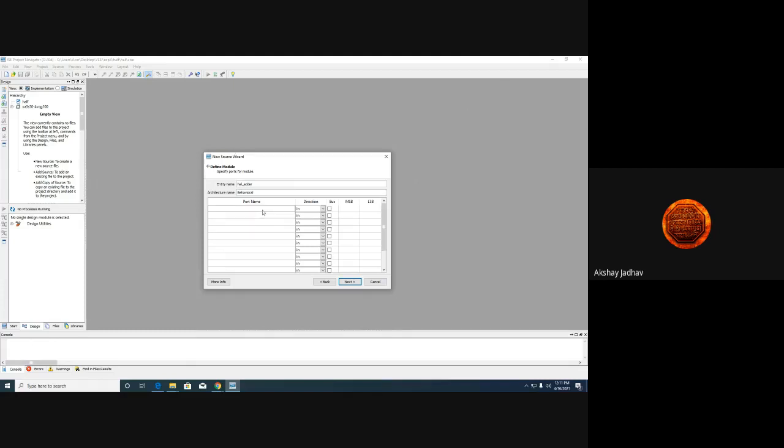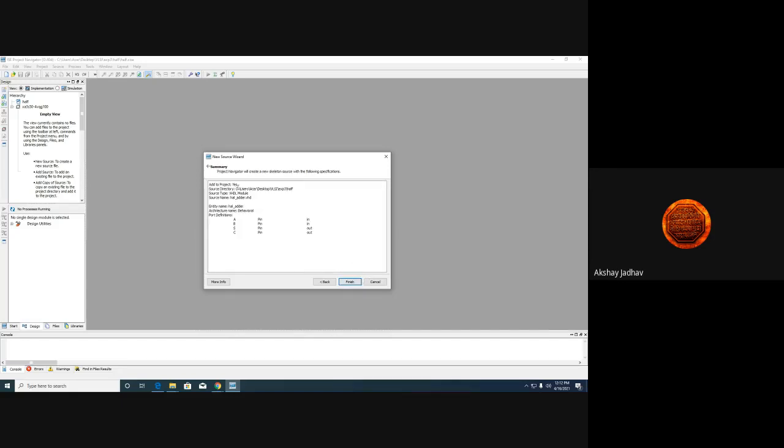Whatever I told you right now, was it correct? So I have given the names A and B as input, sum as S and carry as C. So my sum will be the output and carry will be the output. Here I have defined my whole entity as well as the port description through which we want to communicate. So here we have two terminals, those are the inputs, and this S and C will be your output.